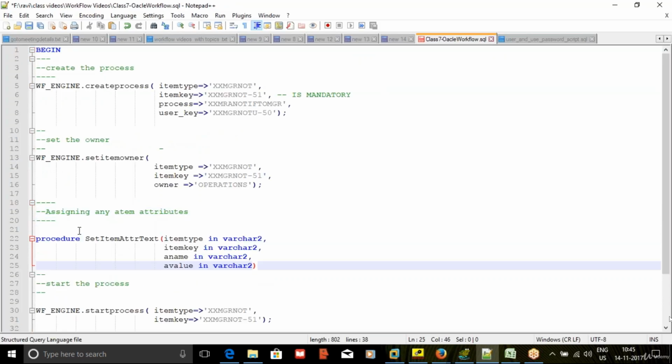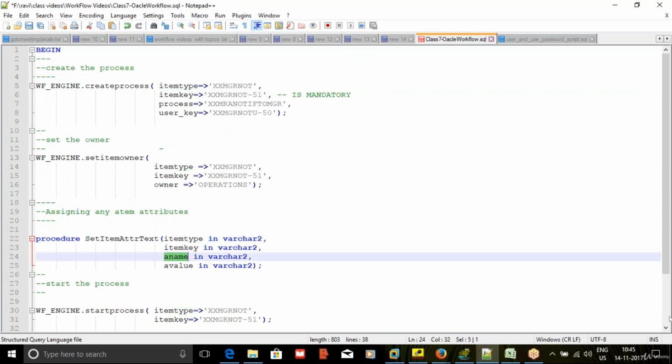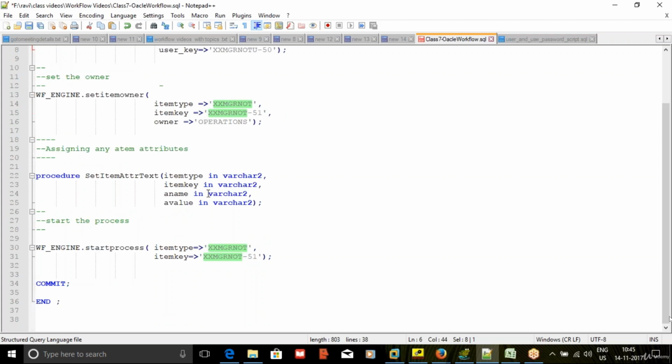This is a procedure which we need to set. Here item type means the item type of your workflow, and item key is a unique key which we will give to identify the item, to identify the workflow. So it is a variable name, and the value of your variable name. So how can I kick this particular one? WF engine